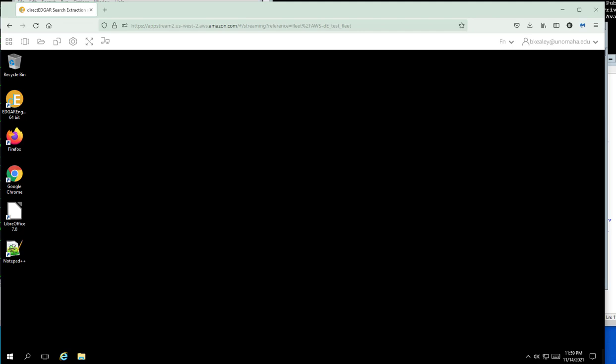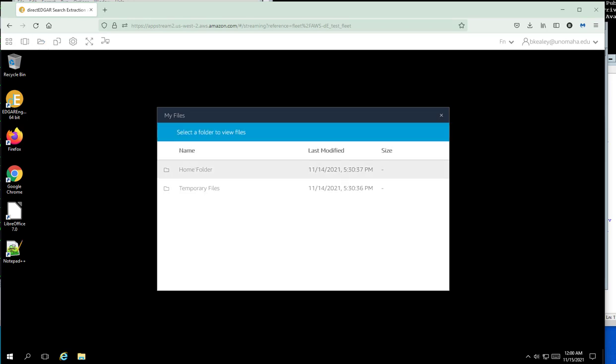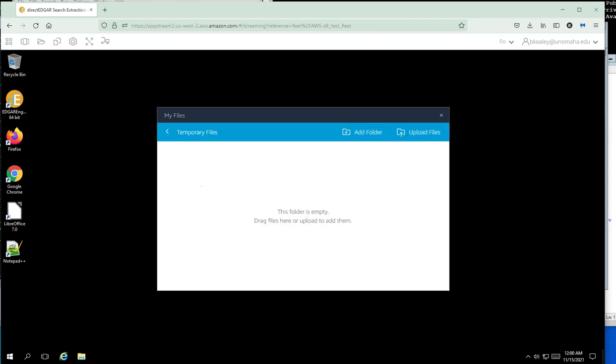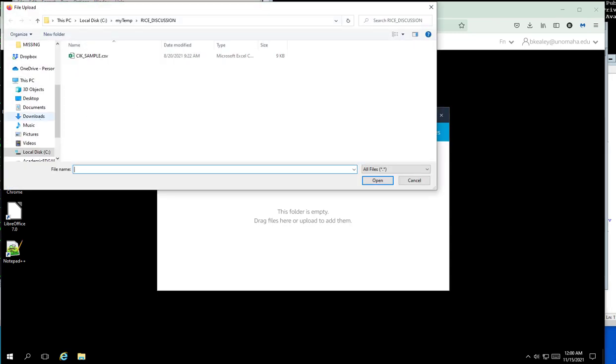What we need to do to register, so we can start using the application, is to transfer that token file that we've identified earlier up to the AppStream. So to do that, if you see this folder icon right here, it says My Files. I'm going to click on that. You can see that there's 2 folders, Home Folder and Temporary Files. I'm going to click on the Temporary Files folder icon. I'm going to click on Upload Files, and all I have to do is navigate to and select the